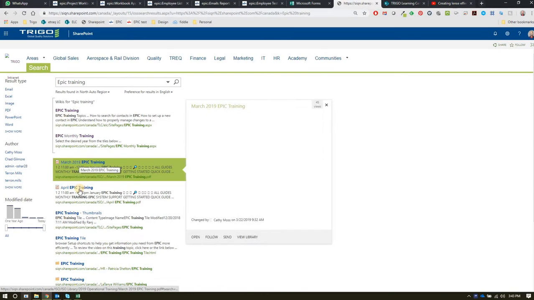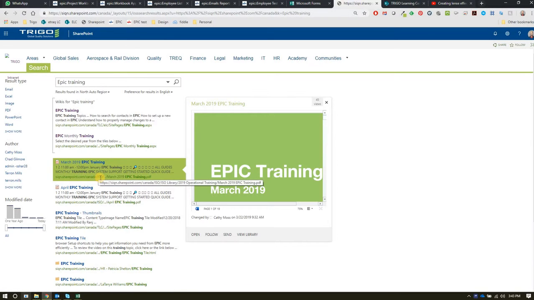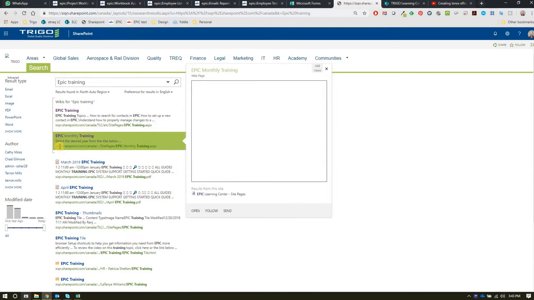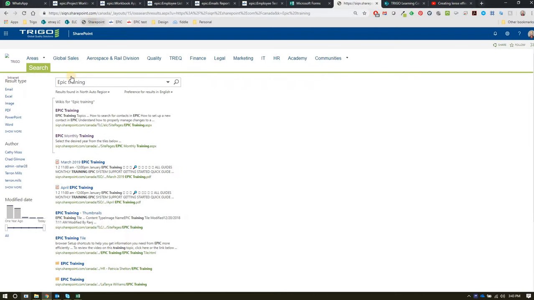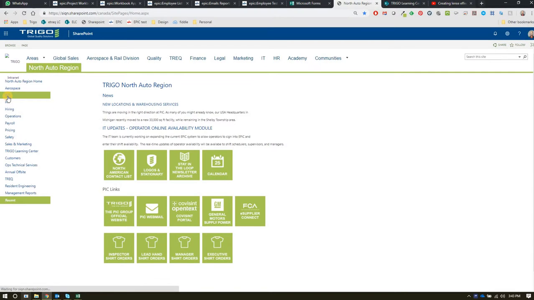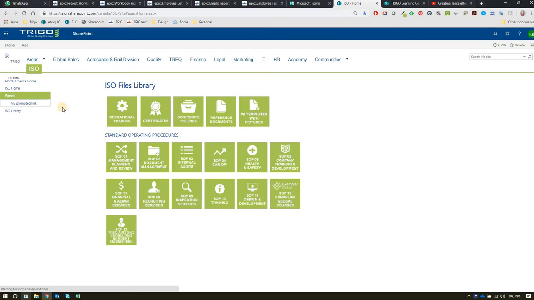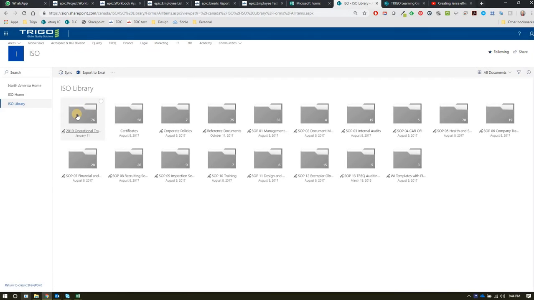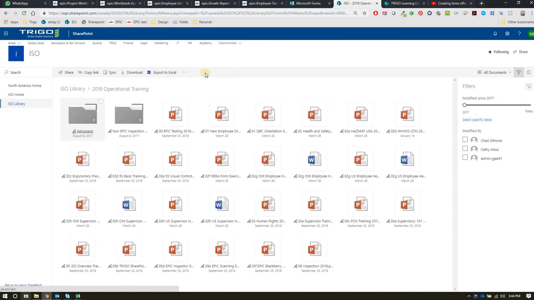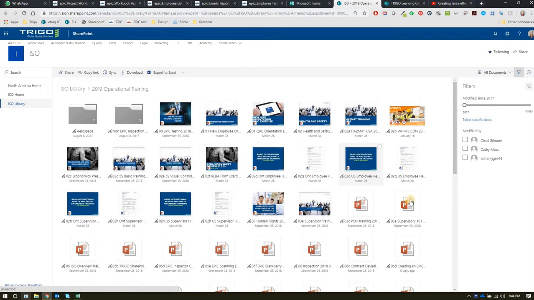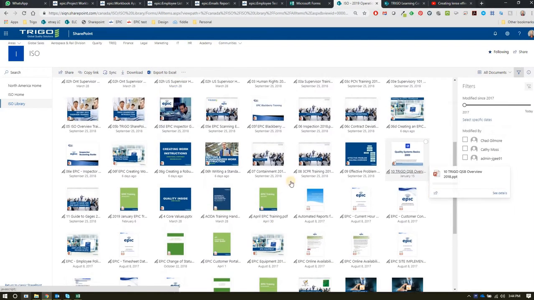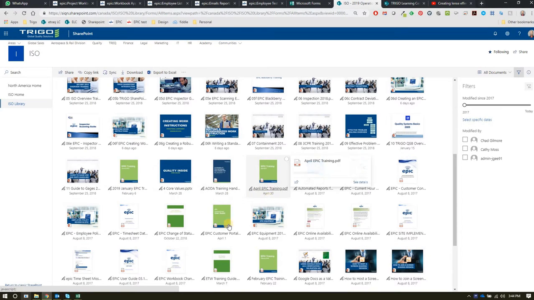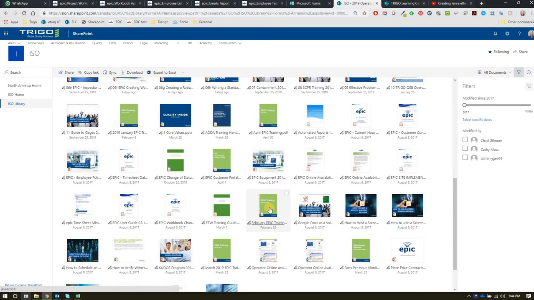See how she's got the March, the April, all that. And these guys are actually in the ISO files. So if we go to, here, let's actually go to the ISO files. So SharePoint, ISO library, operational training, and we should have, let's see, where is it? There it is. You see how you can see these guys? January, April, it's customer portal, that's February,